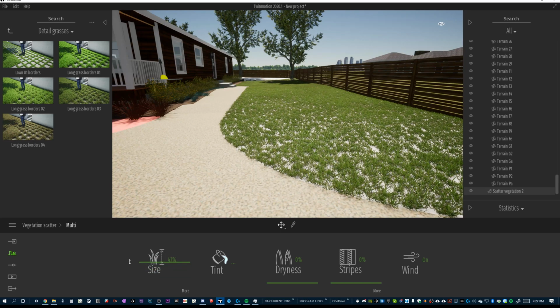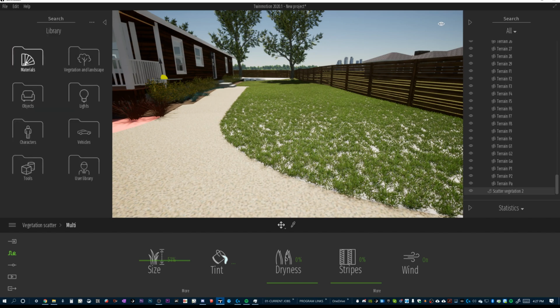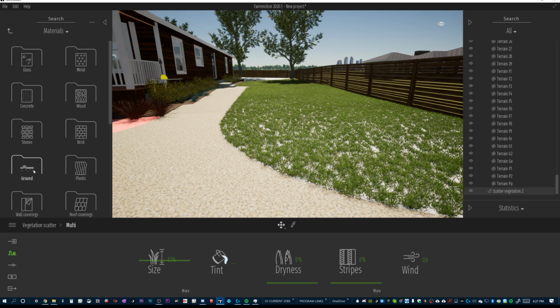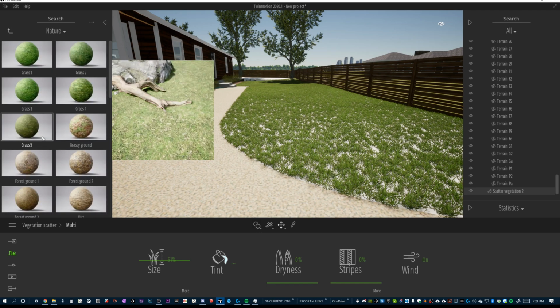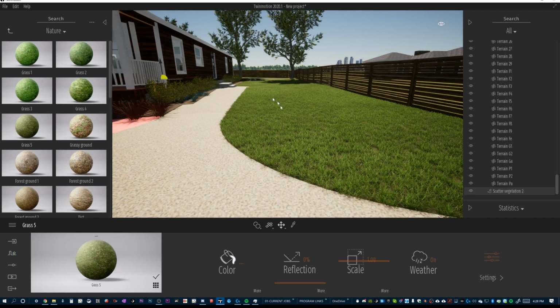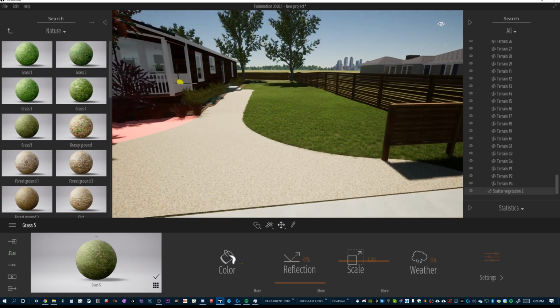The last part of this and the biggest part of what we did in video 1 is that I designated this space to be lawn ahead of time. I planned this to be lawn, and what that helps me do is if I jump back into the hierarchy to my root and get into materials, there's a section called ground and nature. And in nature we have various different grasses that they've built in Twinmotion so that I can drag this guy underneath my grass, and now my grass looks